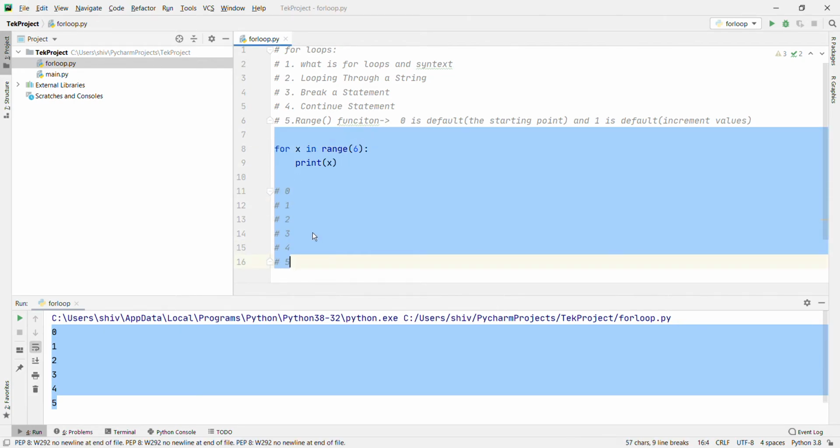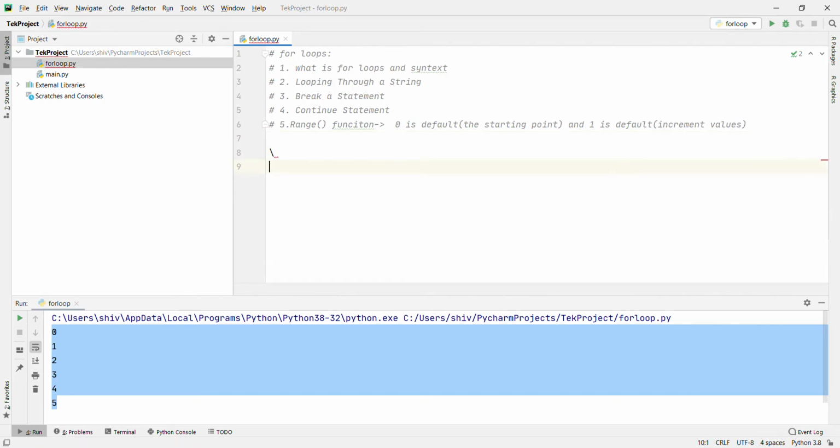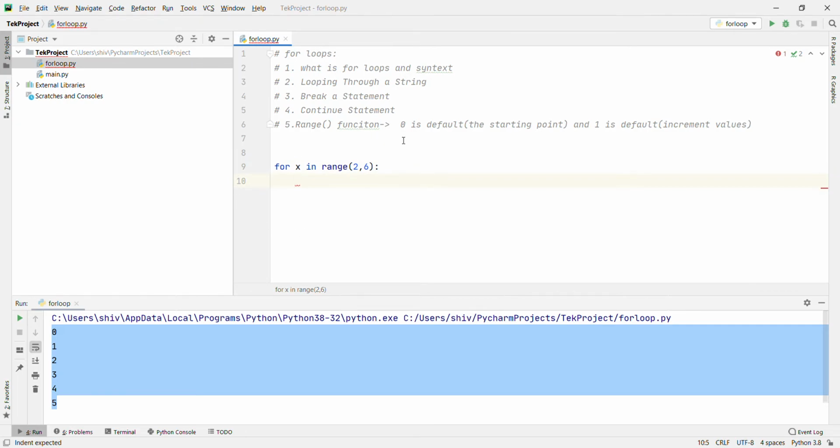For x in range, we can pass the values 2 to 6. Here 0 is the default starting point and 1 is the default increment value, and print x. What will happen here?